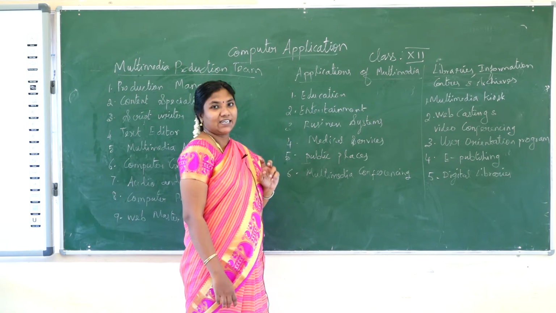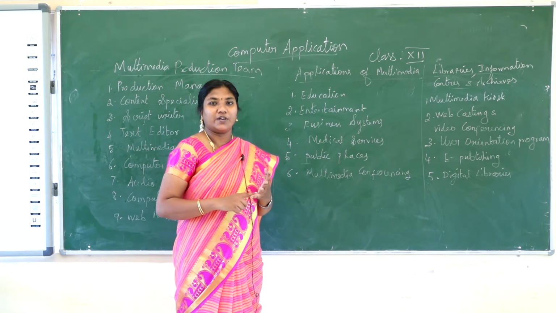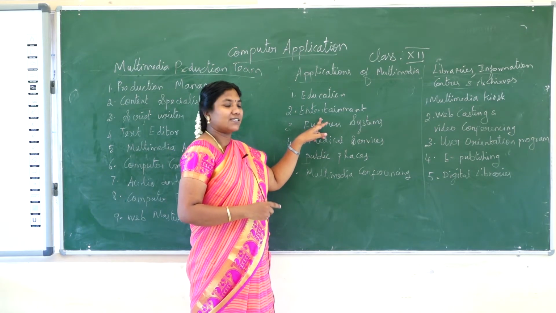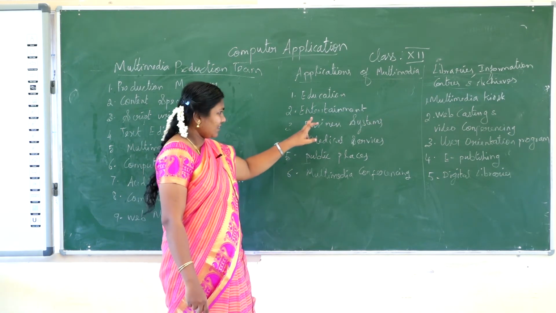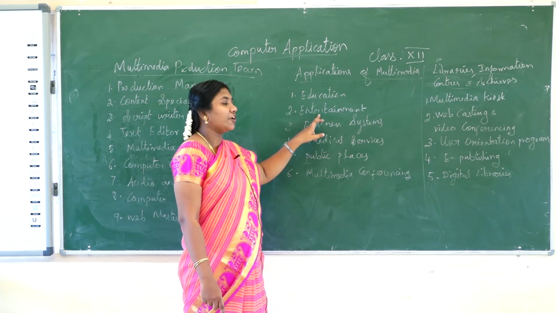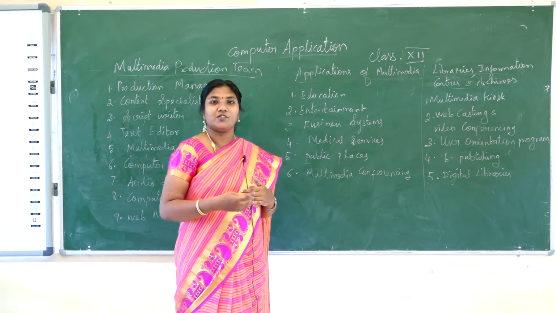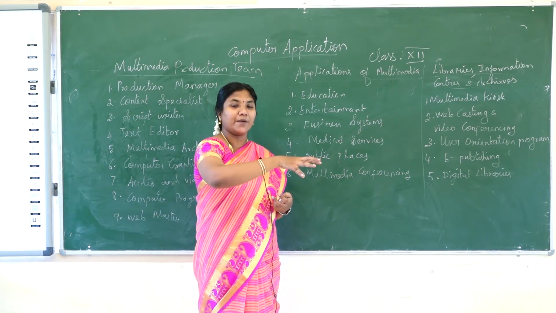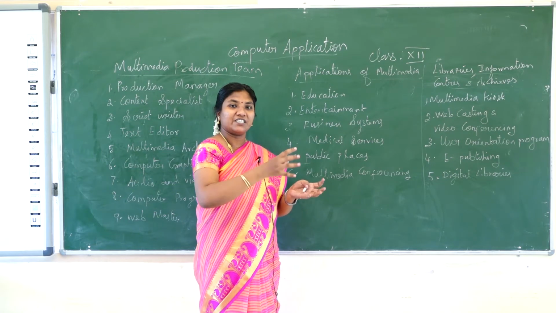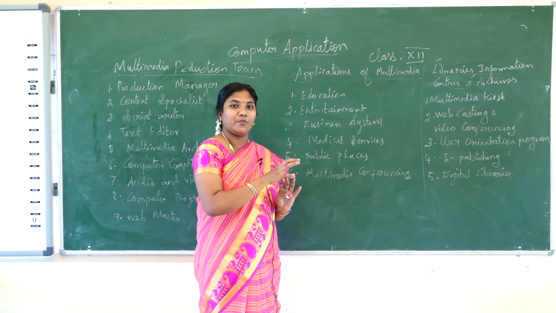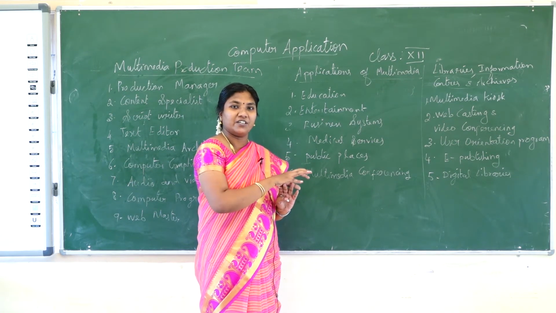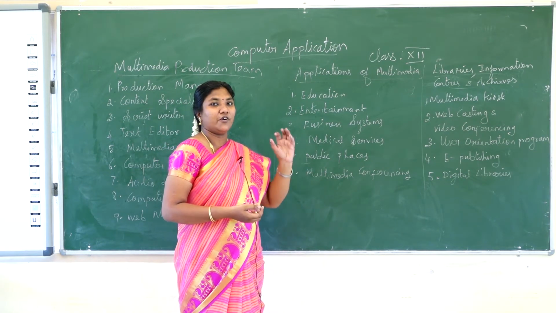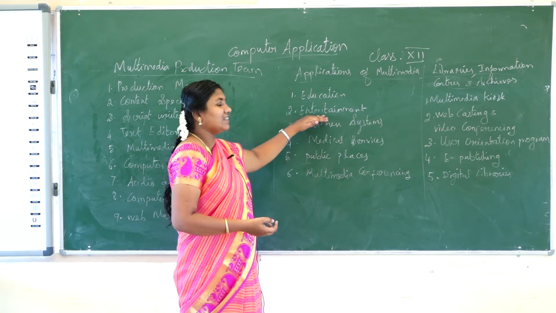So it is very useful for them. And the next one, entertainment. In entertainment, we use radios, TV, and another one, that is videos or movies. So how are we getting videos or movies? The videos or movies are saved in the server, okay, and the computer communication network has a set-top box. That set-top box converts the signal from digital to analog, and hence we get the video on the TV. Okay, so this is done in entertainment.